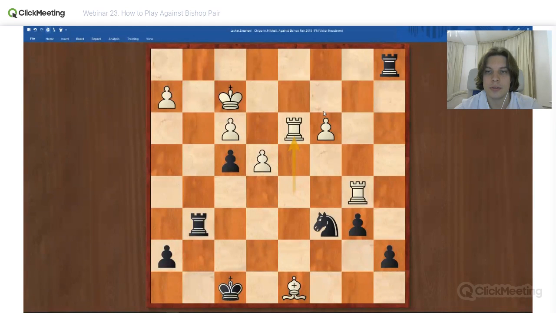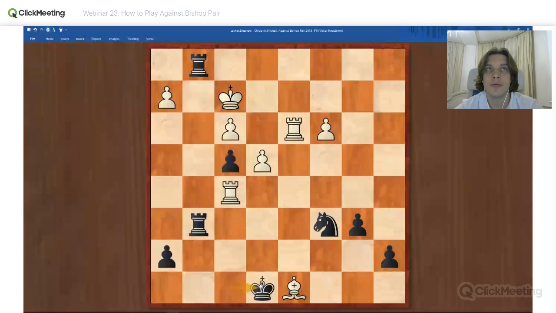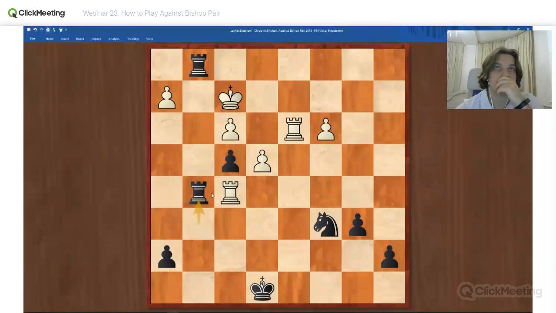Rook ag1. Don't take the dark square bishop. True. Don't take this bishop. Play rook ag1, not gg1, because we are threatening checkmate. And there is not much that he can do. However, he plays this move, rook f5. But king e8. And if he takes on f4, he loses his bishop on d8. If bishop g5, then we just take with the rook and it's a winning position with an extra knight. This is where white resigned, actually.